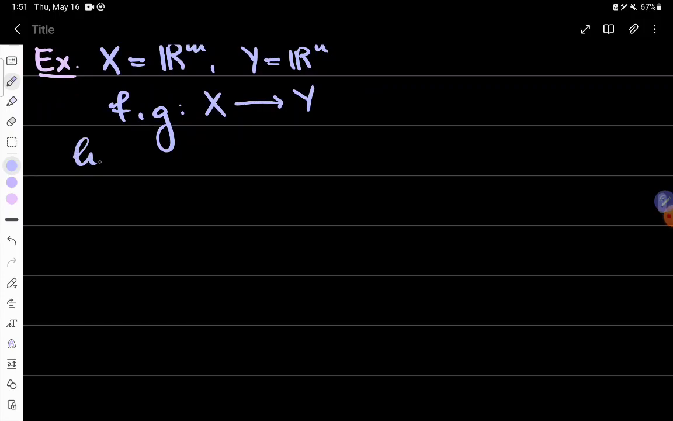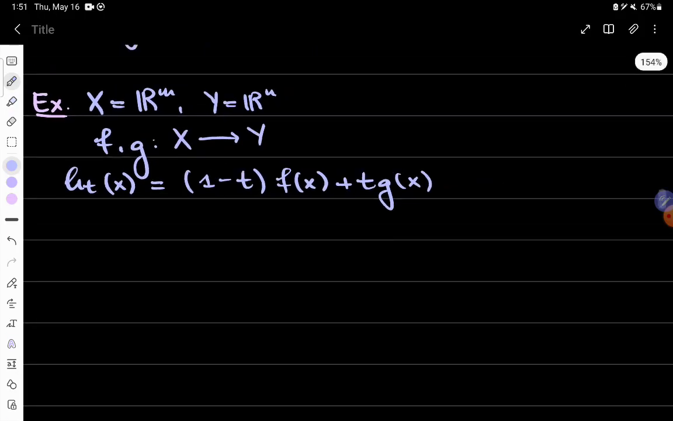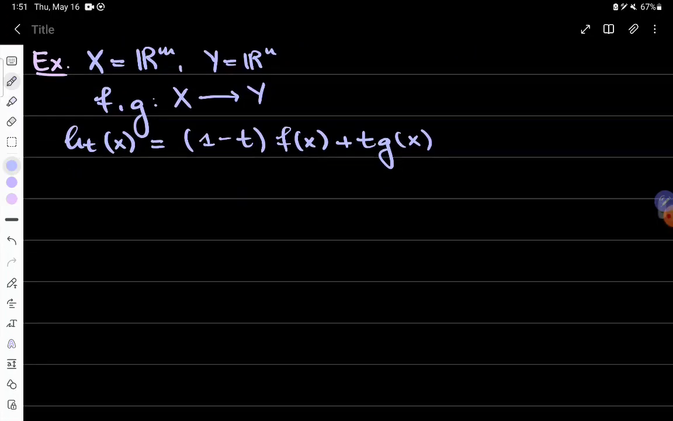And this time I'll use the other definition of homotopy just to get some practice, show you what this might look like. So we have this homotopy, which is just (1 minus t) times f of x, plus t times g of x. This is always a continuous map from X to Y, and it gives you a homotopy, where if you plug in t equals 0, you get f, you plug in t equals 1, you get g. Okay, so one should check